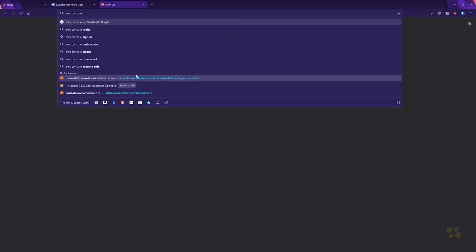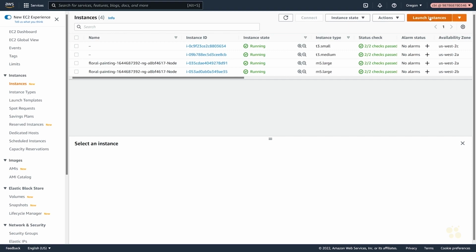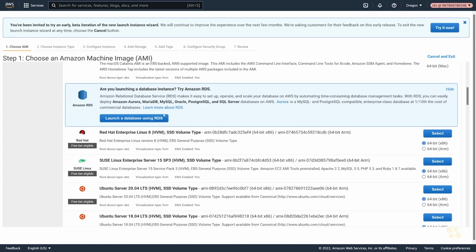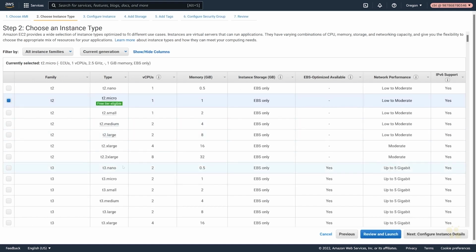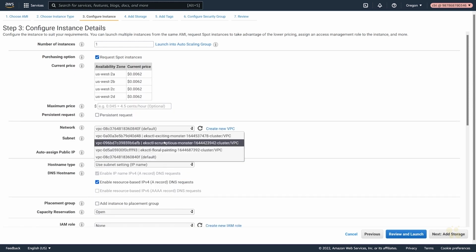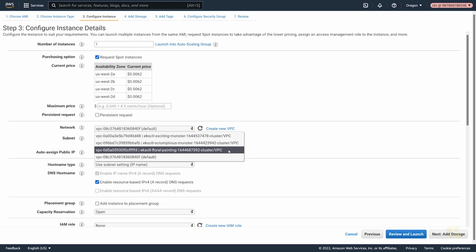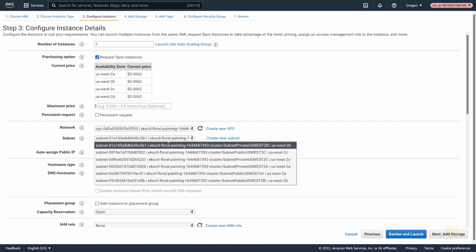and I'm going to deploy a virtual machine running Linux side by side with the devices that are in my cluster. So we'll do launch new instance here, and then find Ubuntu Linux, and we'll just choose a relatively small machine type here, and we'll choose Spot. And we want to make sure that we're deploying into the correct VPC that's going to be side by side with the worker nodes. I'm going to choose my floral painting here, and then I also need to make sure